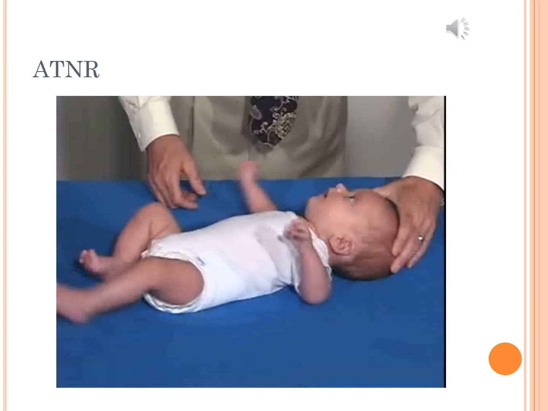So this baby is about 3 months old, very active 3-month-old. When he's working on doing the ATNR, you'll notice he's trying to turn the baby's head away from him, but the baby's really interested in looking towards the guy doing the assessment. And so you'll see his left arm and leg bend more, and the right arm and leg straighten more as he's trying to look towards